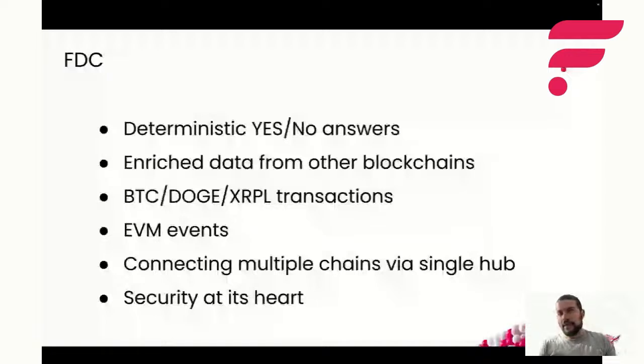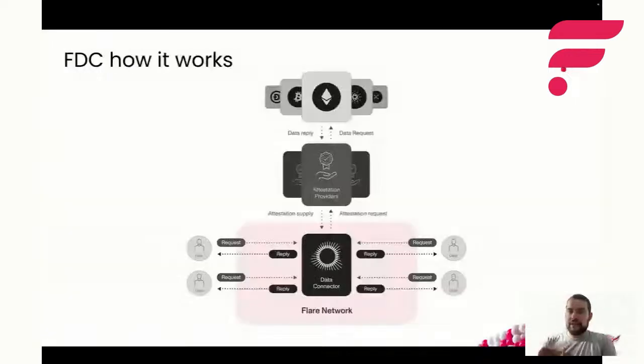And we'll explain this here. So where's the security part of the FDC? Well, firstly, you create a data request. This is a bit different than FTSO. With FTSO, you're constantly getting data in a stream fashion. With FDC, you have to request a specific data point when you need it, and in whichever form you need it. You request data, and then attestation providers, which are data providers just under a different name, check the answer to this yes/no question.